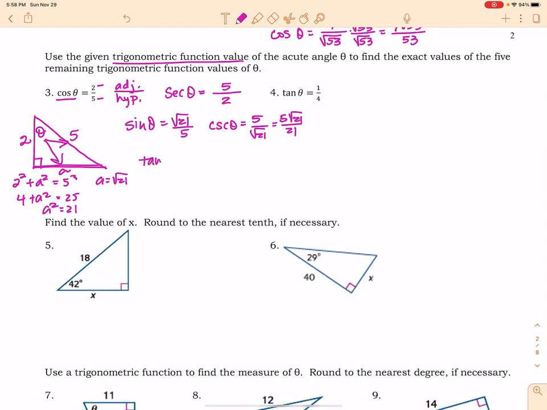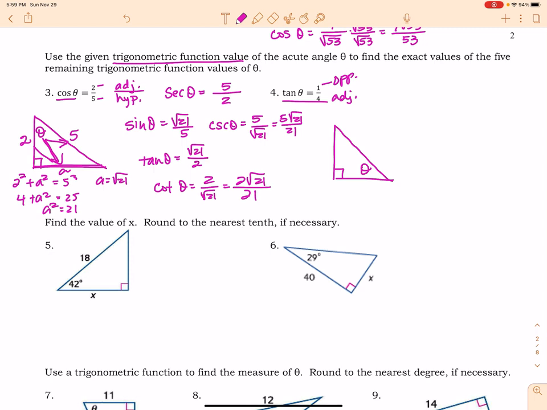And then tangent of theta is going to be opposite over adjacent, so that's radical 21 over 2. And then of course cotangent is going to be the reciprocal of that. And of course we rationalize the denominator and find 2 times radical 21 over 21. Okay, we're going to do the same thing with tangent theta, but remember tangent theta is opposite over adjacent. And so when we draw our right triangle,